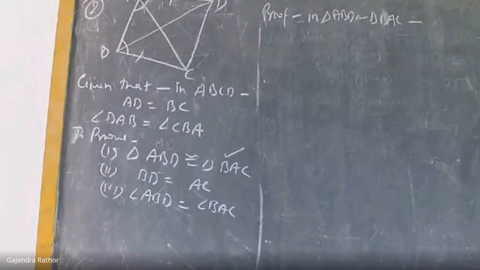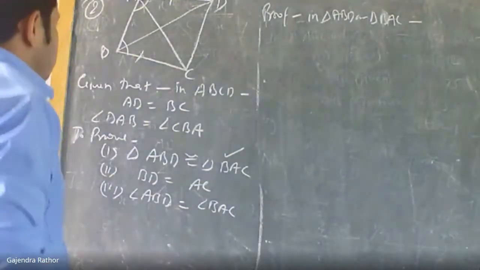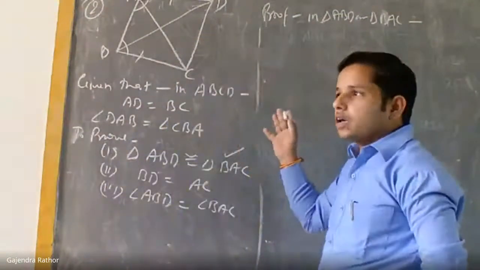Okay, Namita replied AB is equal to AB. Yeah, this is common. Very good. And angle DAB, it is given, and AD is equal to BC. This is also given. AB is the common. Which criteria should we apply in this question? SAS or AAS? Yeah, SAS is correct, because first we are writing the corresponding equal parts.